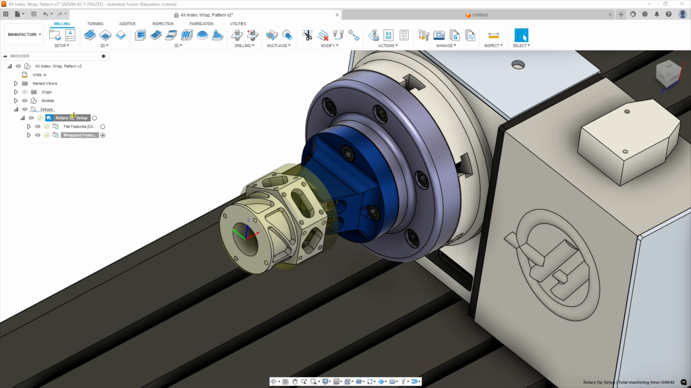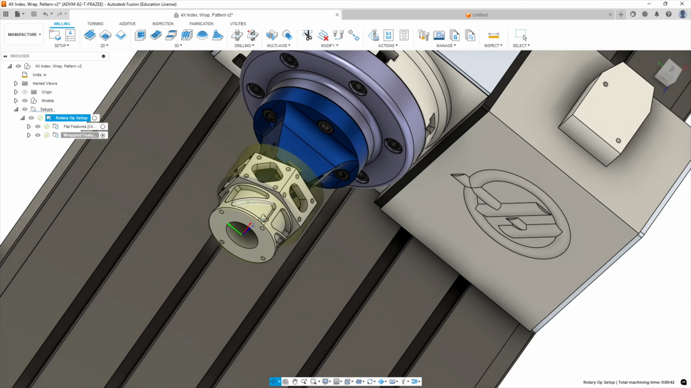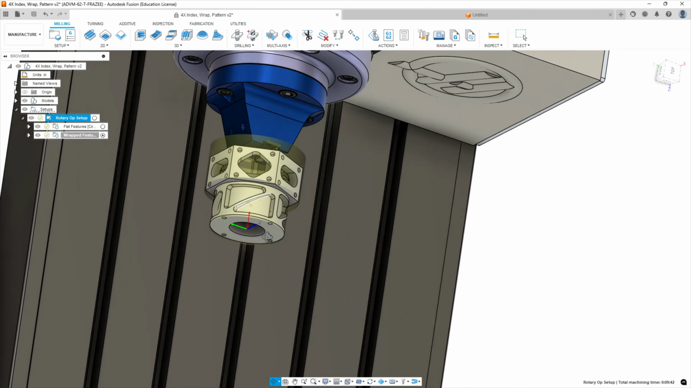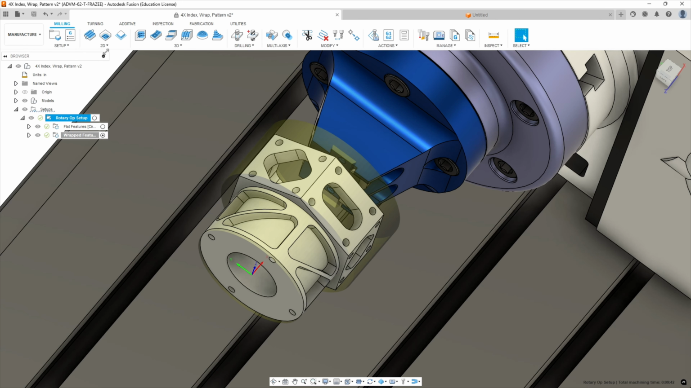And we're going to create, under the root folder, we're going to ignore what's already in here. And we're going to create first an adaptive clearing for each of these two, basically two pattern pockets that repeat themselves as they rotate around the model. Okay, we're going to do 2D